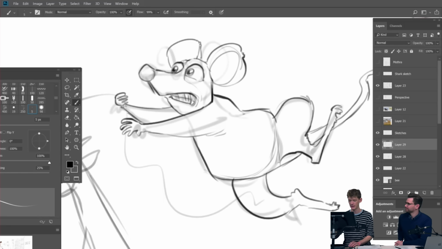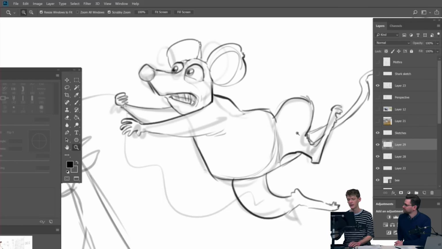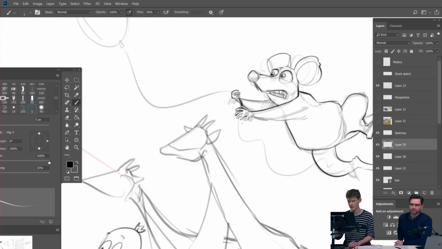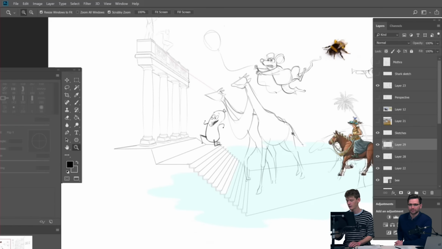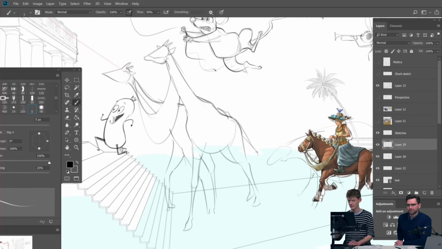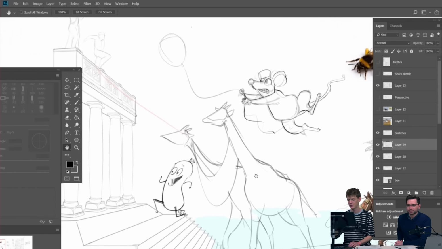So sort of how the leg bows, that's quite similar to dogs, and pigs have quite a similar kind of thing as well. Right. So once you get a few animals under your belt, they start becoming a bit easier, the anatomy. Cool. I've always struggled with horses. And once you get a bit of a horse, they're kind of like giraffes, so that becomes a little bit easier as you go along as well.